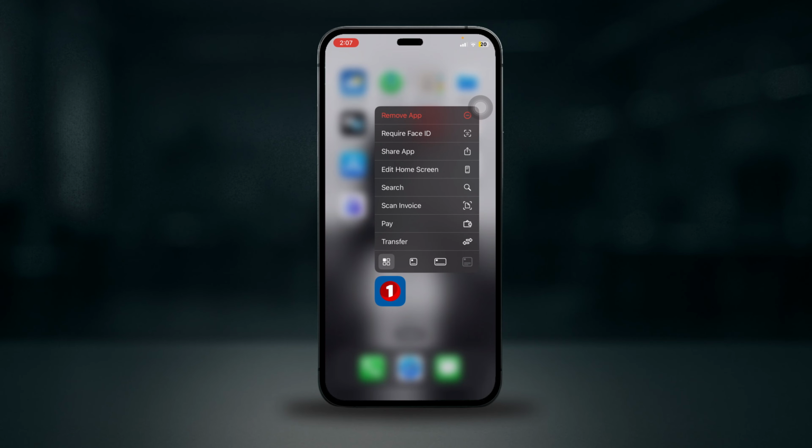Hey everyone, welcome back. In this video, I'll be showing you guys how to fix the SpareBank 1 app crashing